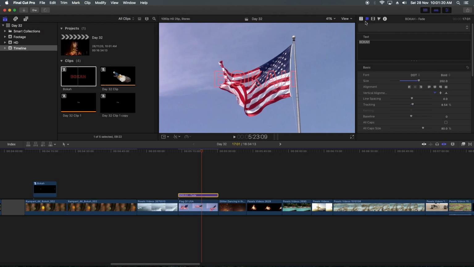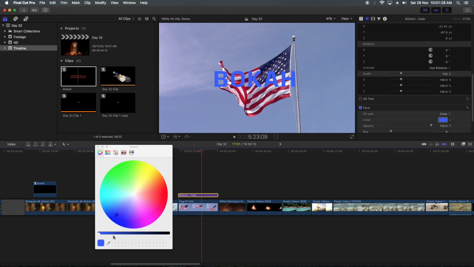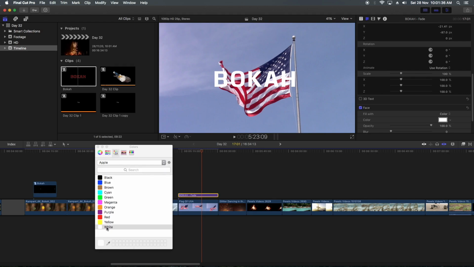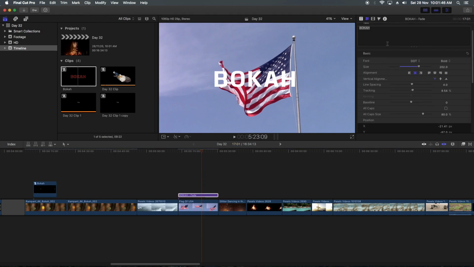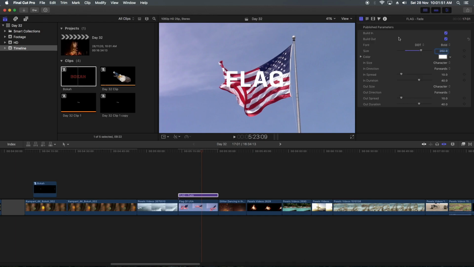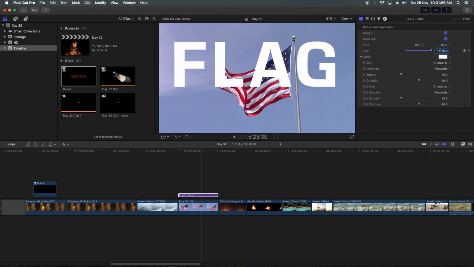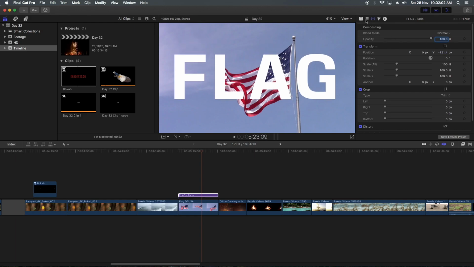So now let's come to simple text. I'll make it white, and now let's change the text to flag, make the size bigger, make it down. Okay, now again we'll come to this